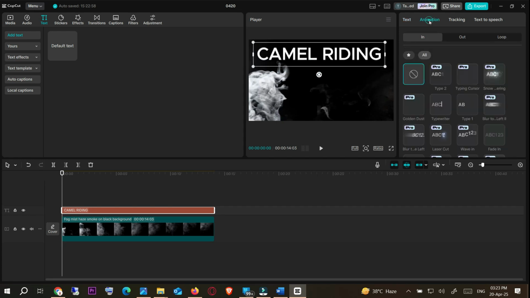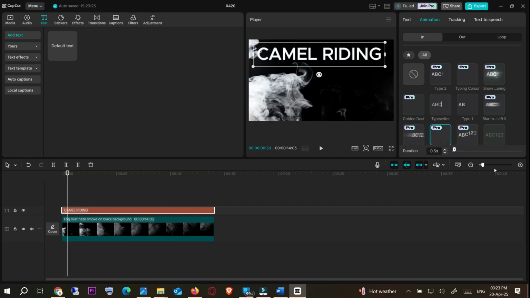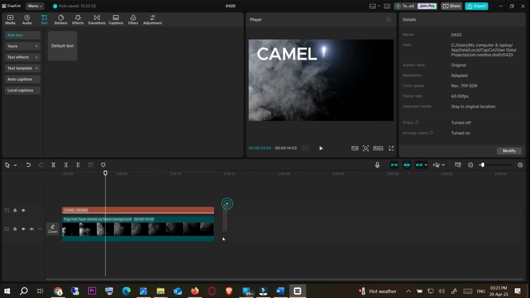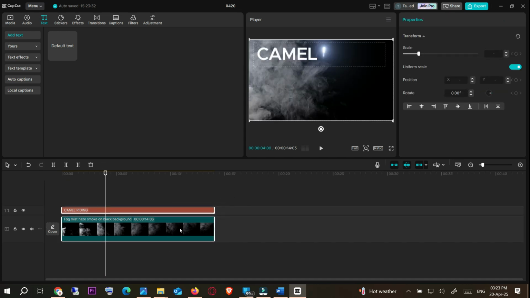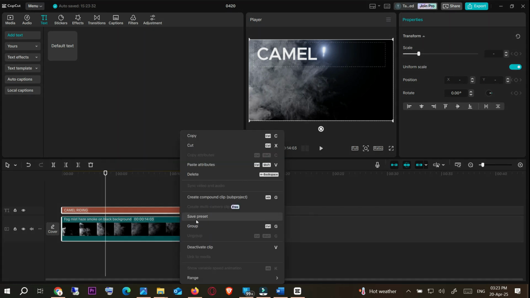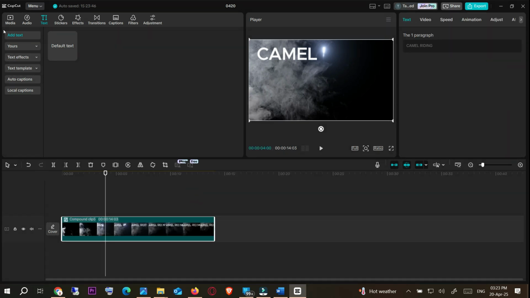Go to the animation tab, click on the in tab, select the laser cut and increase the duration. Select both clip, right click, create compound clip, go to the media